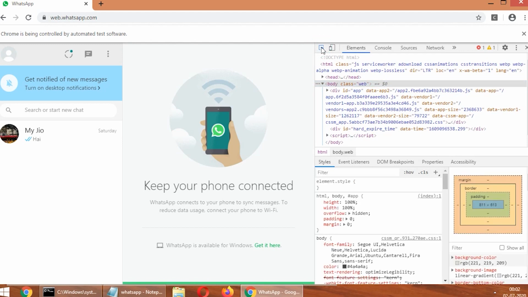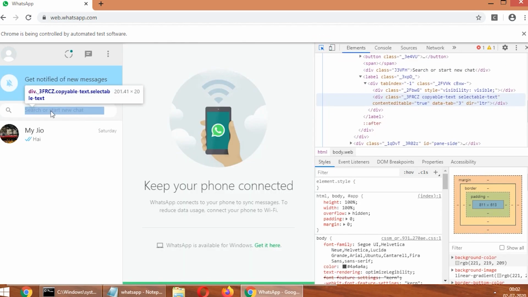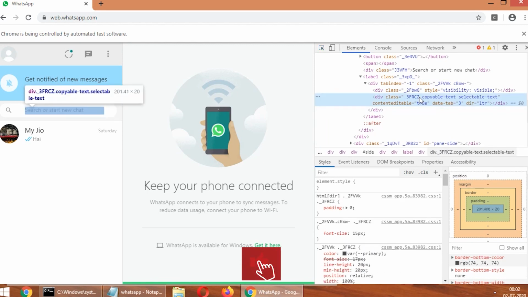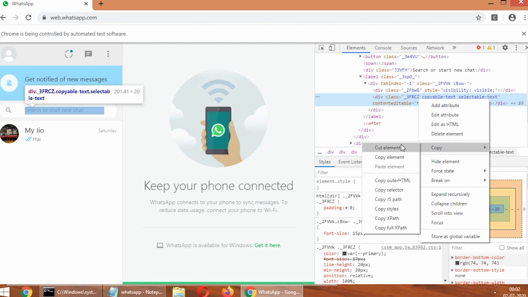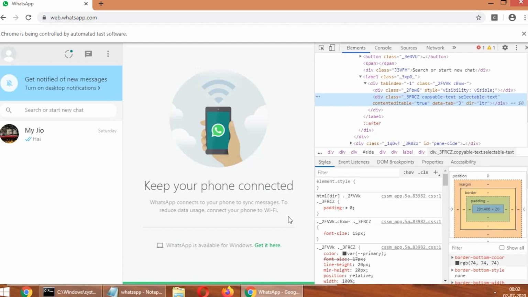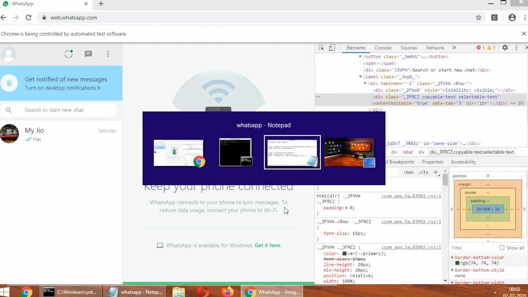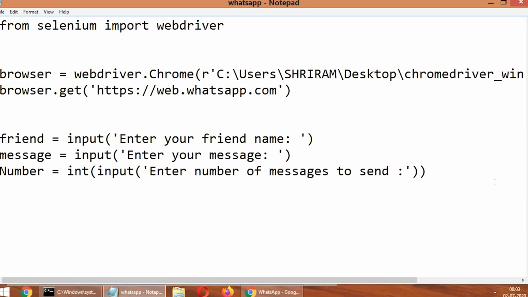Click on the picker tool and click the search box, so that on the right side you may see the code for the search box highlighted. Just right click on it, give copy, and in that copy the XPath. XPath is nothing but a certain address or path so that our browser can find that search box in the entire web page. So we can do the coding part for that now.